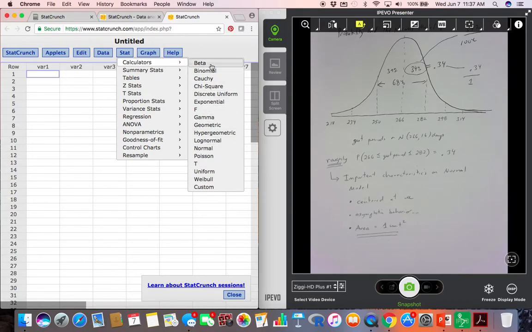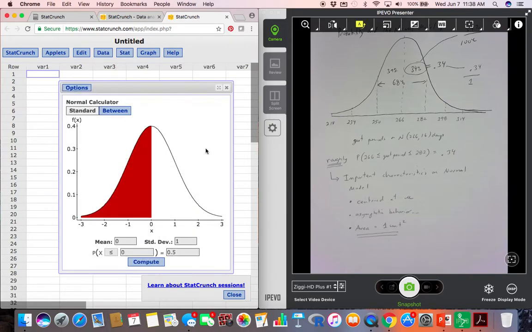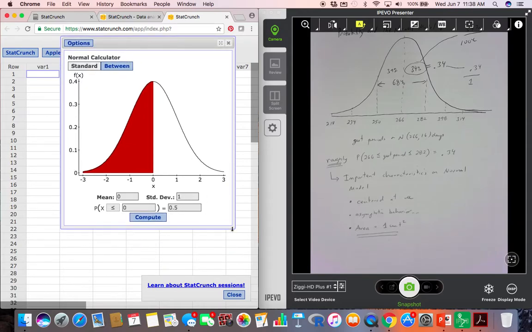Look at all the distributions that StatCrunch includes: beta, binomial, Cauchy, chi-square, discrete, exponential, gamma, geometric. All kinds of distributions, but we're focusing on the normal distribution. So if I click that, it's going to come up with a calculator